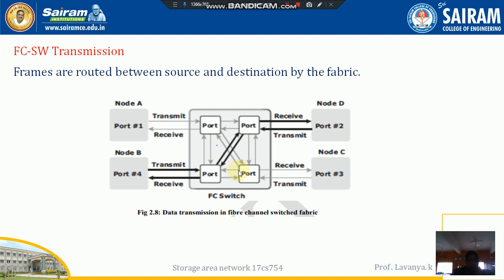The data may be anything. It may be information, or some documents, or it may be a signal. Everything is data. But in the port we are going to use four types of ports. The first port I am going to say is the N port, the second port is the E port, the third port we consider as the F port, and the fourth port is the G port.